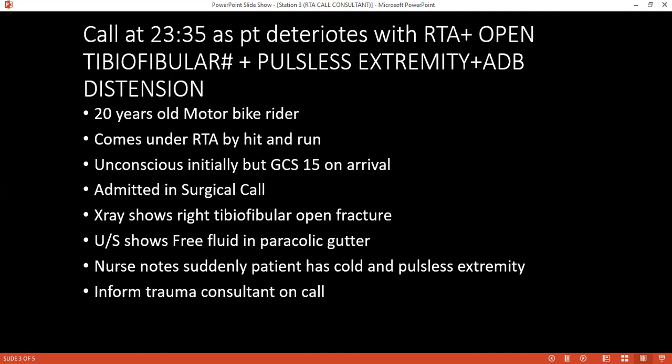Very nice. So what is the management of free fluid in the abdomen? Sorry? What's the management of free fluid in the abdomen? You have already answered this. If the patient is stable hemodynamically, then we can send. Okay, initially we have to do a FAST, which is done in that case. And after that, if the patient is hemodynamically stable, we can do a CT scan to rule out the cause of bleeding inside. Or if the patient is hemodynamically unstable, then we have to take the patient to theater for diagnostic laparotomy.